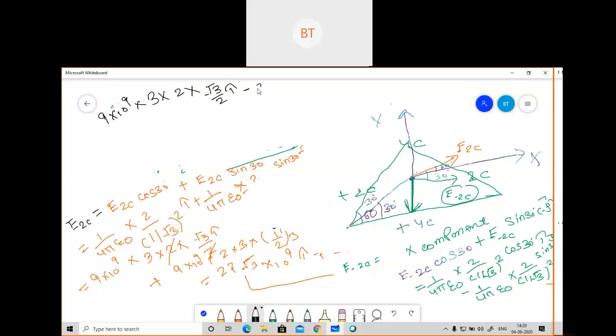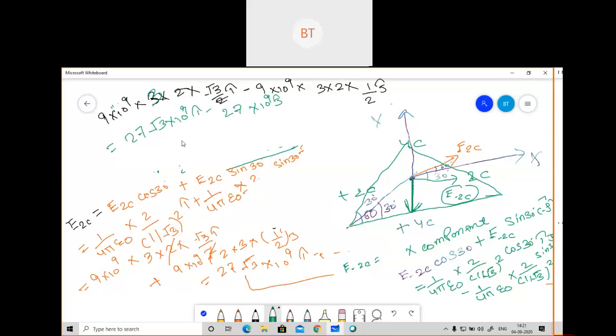Then minus sign, I'll put here 9 into 10 to the power 9, same thing, into this 3 will go upside. So what I will write here, 3 into 2 into sine 30, that value will be 1 by 2, 1 by 2 into j cap. So this two will get cancelled. 9 into 2, then you have to, sorry, this 2 and this 2, 3 will be there, 3 will be there, 3 will be there. So 9 into 3, 27, 27 root 3 into 10 to the power 9 I cap minus 27 into 10 to the power 9 into j cap.